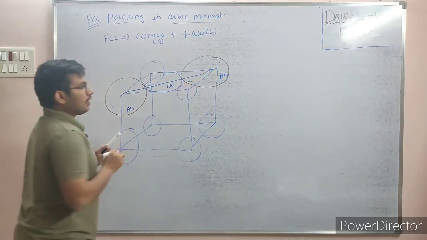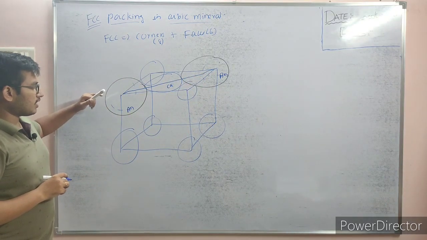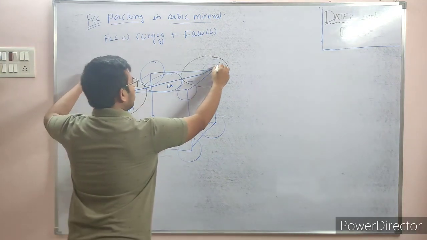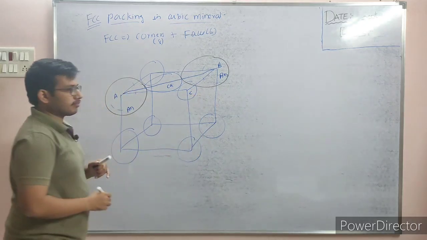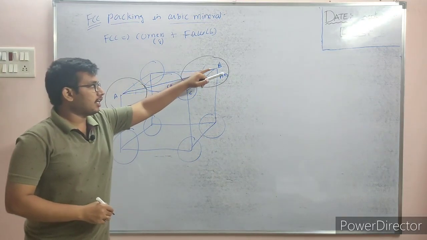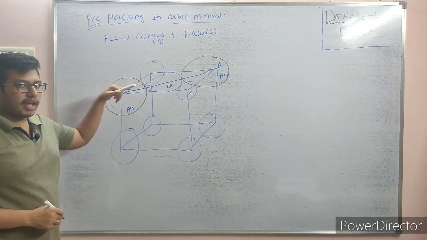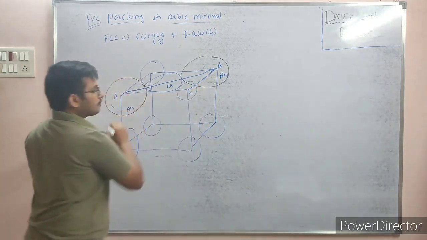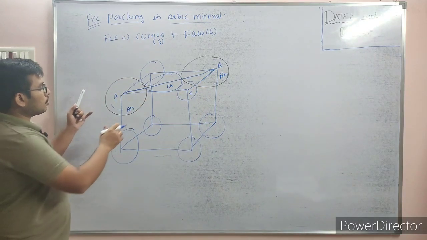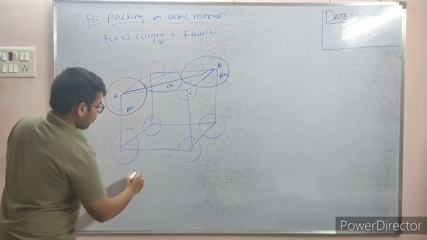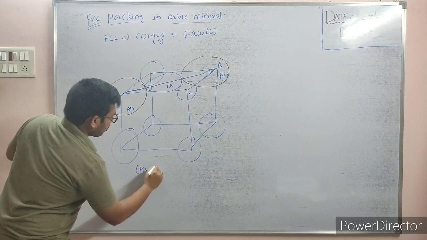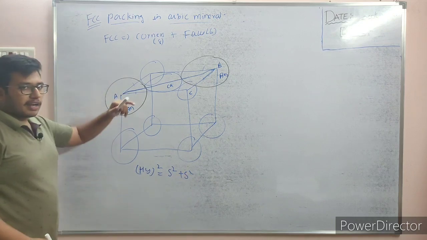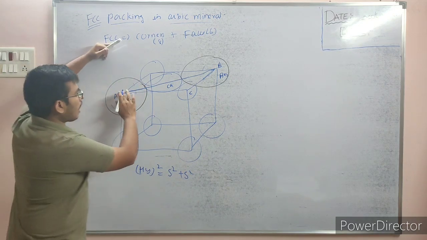Same concept, we draw a line like this. Now in this case, how do you find it? If it is A, if it is B, if it is C, when we draw the line, it forms a right angle triangle. If you can see, this is the right angle triangle, right? So apply the Pythagoras theorem. Hypotenuse square is equal to side square plus side square. This is the formula for the right angle triangle, right? So this is the hypotenuse.